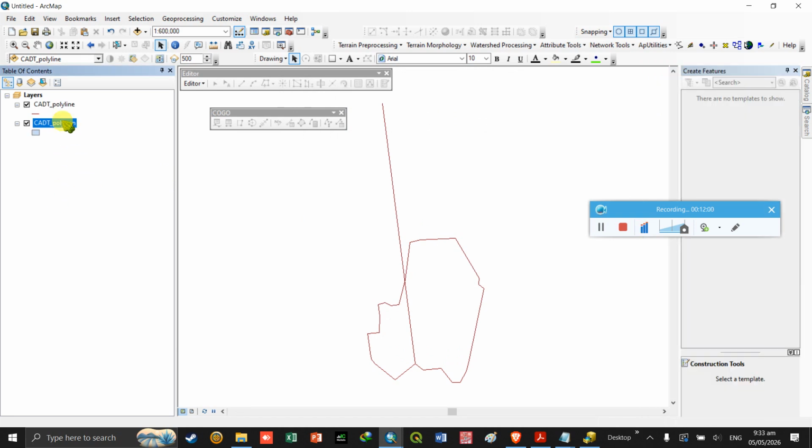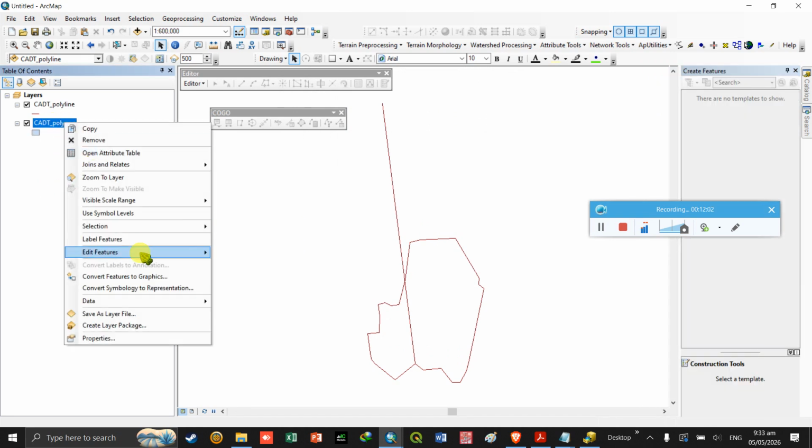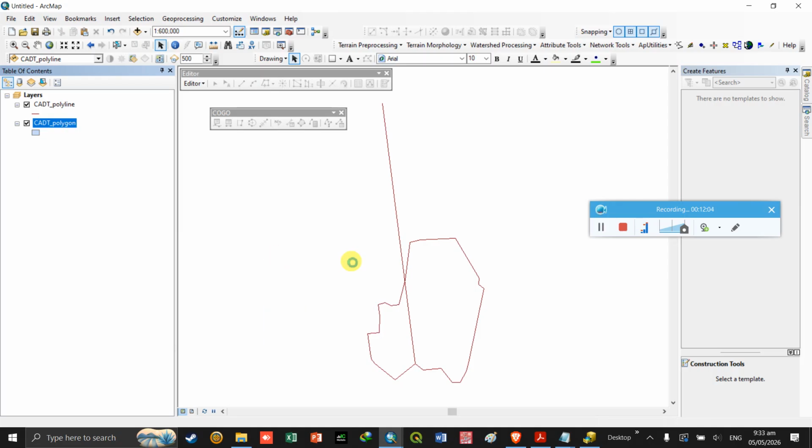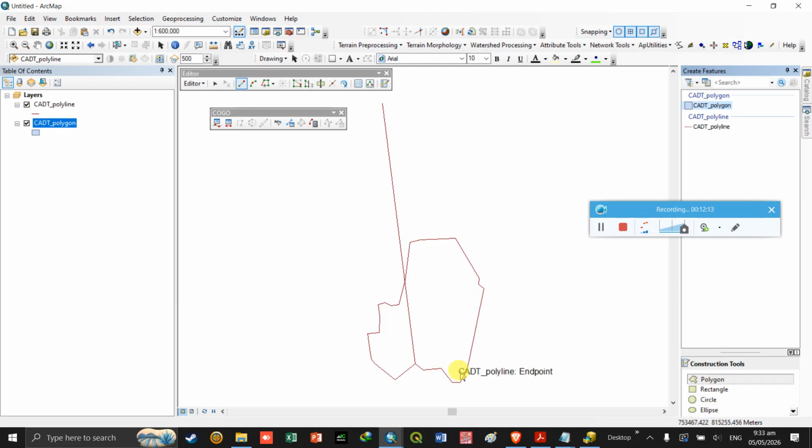We set that feature to polygon, and the projection to UTM zone 51, then click OK. So we just need to start editing this polygon, then click feature for polygon and set polygon. To trace the outer portion of this polyline, we just need to activate this editor toolbar.